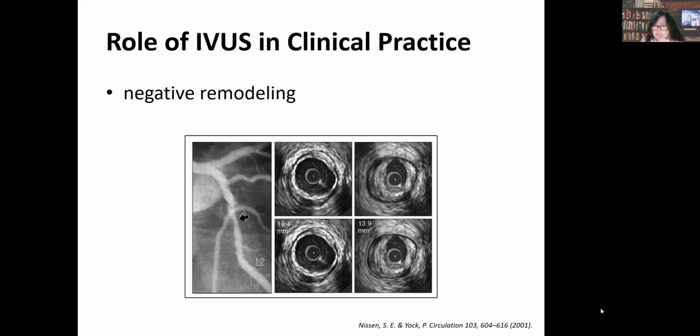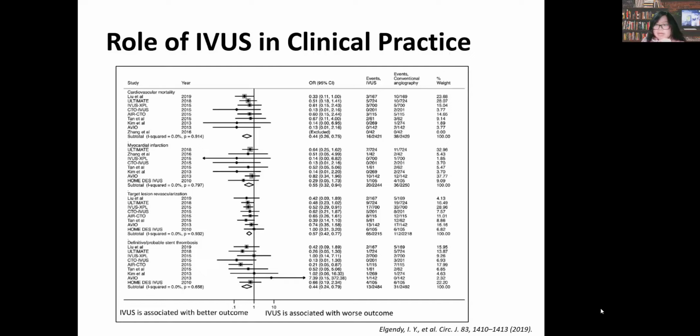This graph shows you a stenosis with negative remodeling. A distal reference segment, the gray arrow on the left, has an EEM area of 16.4 square millimeters. The stenosis, the black arrow on the left, has an EEM area of 13.9 square millimeters, demonstrating that it is partly due to the negative remodeling. A recent meta-analysis, including time randomized controlled trials, showed benefits of IVUS-guided PCI for the decrease of